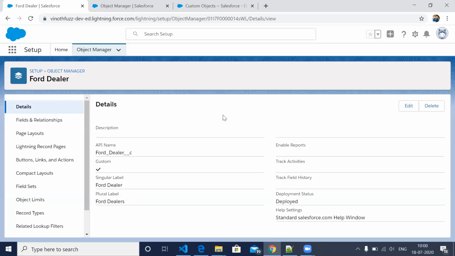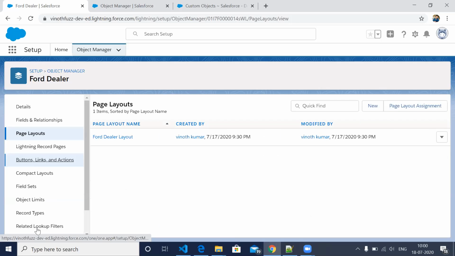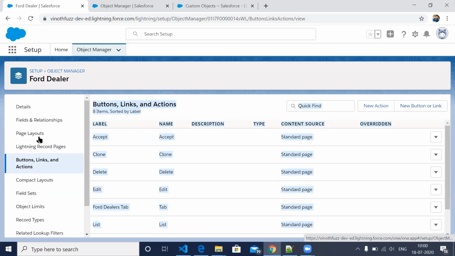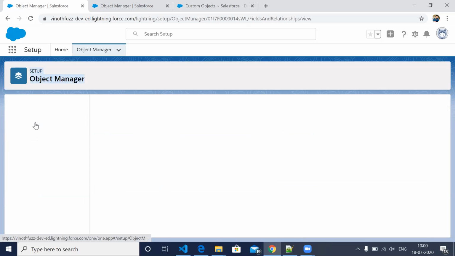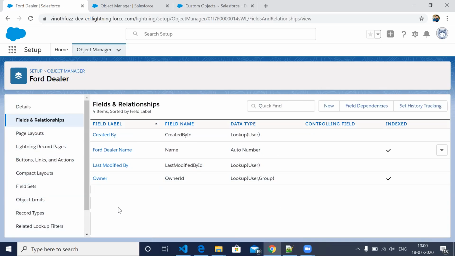On the left side, you will have many tabs like fields and relationships, page layouts, buttons, compact layouts, and so many things. So you go to fields and relationships.